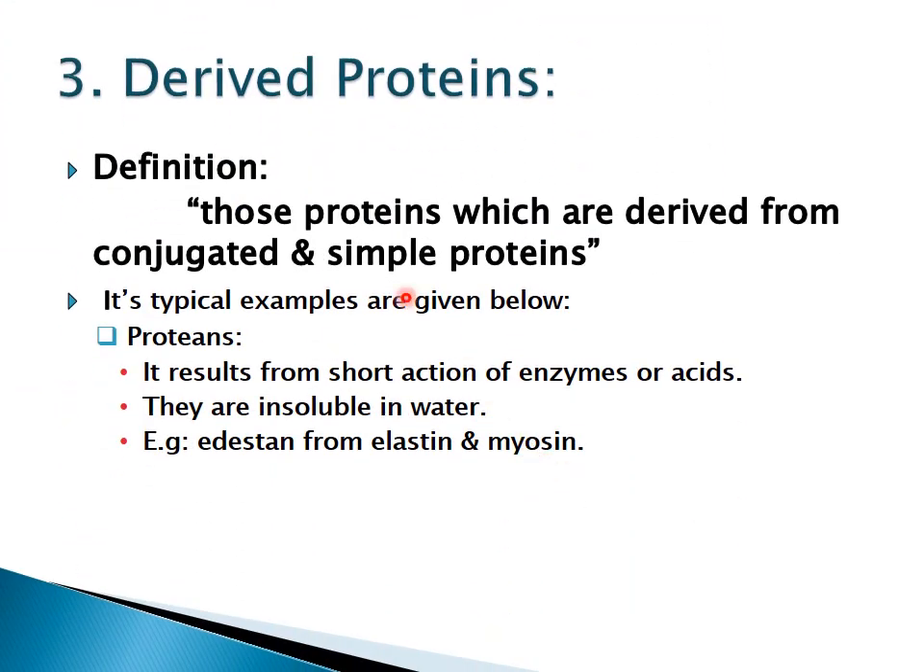Number third is the derived protein. Those proteins which are derived from conjugated and simple proteins are known as the derived proteins. Typical examples of derived proteins are proteans. Proteans result from short action of enzyme or acids. They are insoluble in water. For example, histones from elastin and